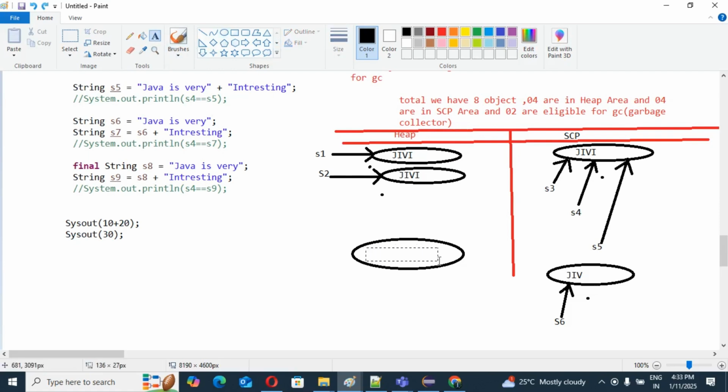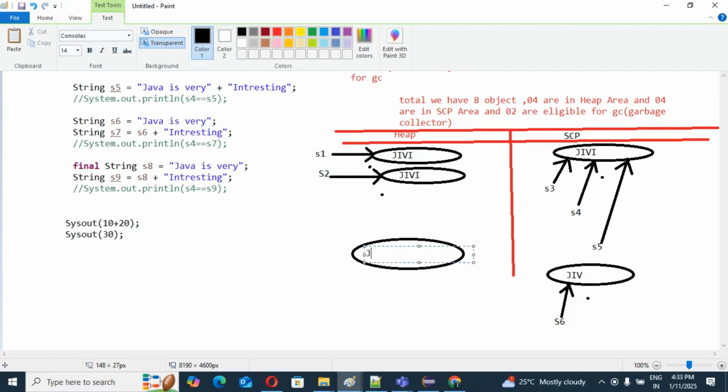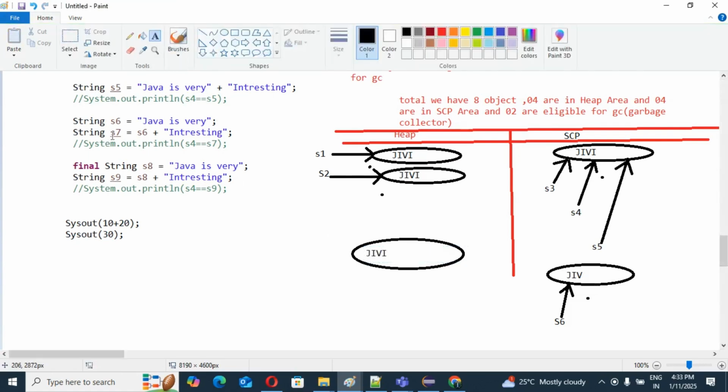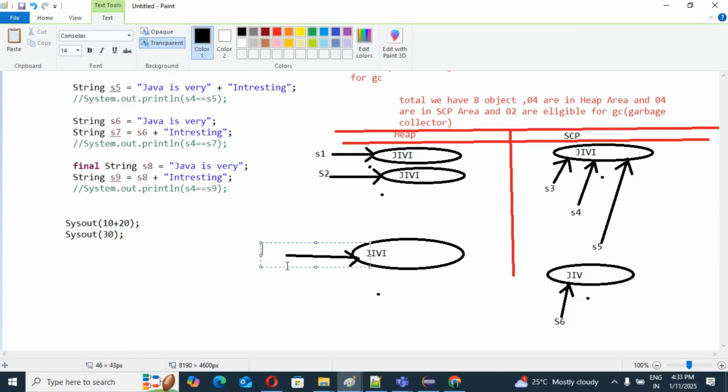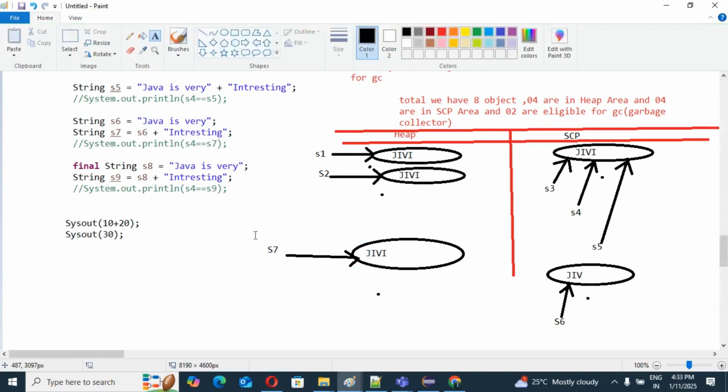So that is JIV, "Java is very interesting", and this is pointing to S7. Yes or no? Yes.